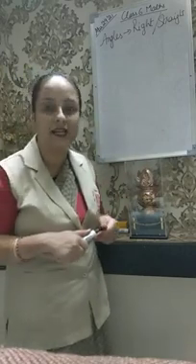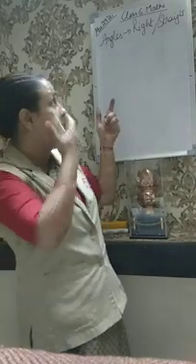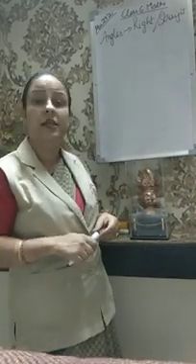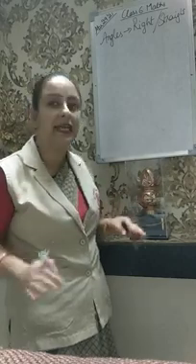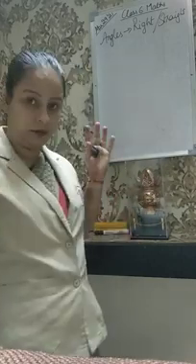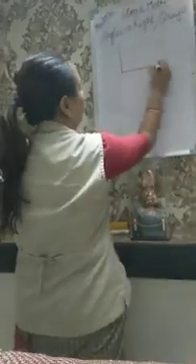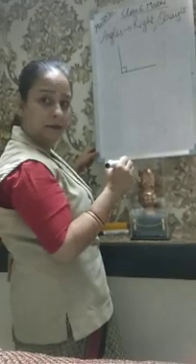Which angle is a right angle? Do you know? When it is 90 degrees. Yes, when the angle is 90 degrees, we say it is a right angle. And when the angle is 180 degrees, we say it is a straight angle. Okay, it will be further understood once I explain this. Okay, so this is my right angle.